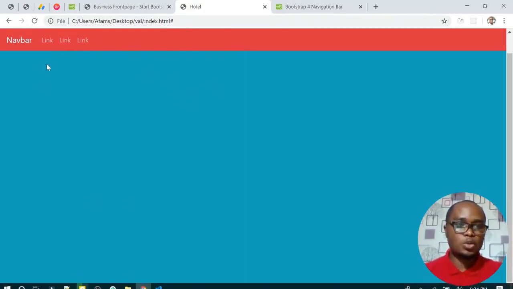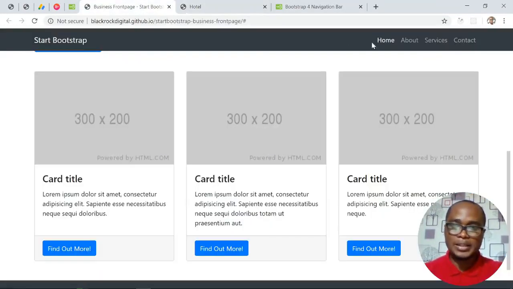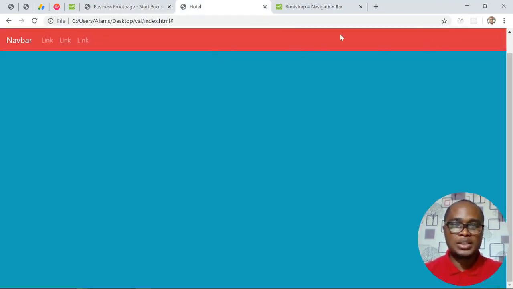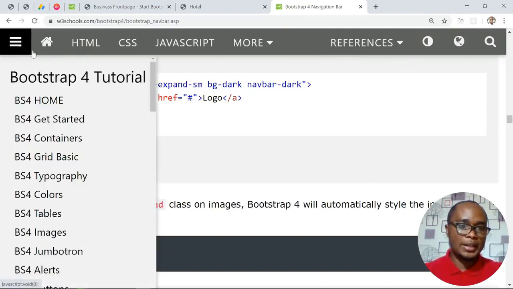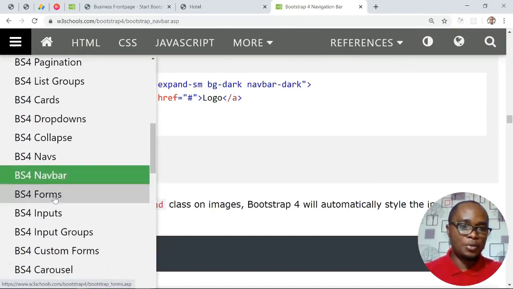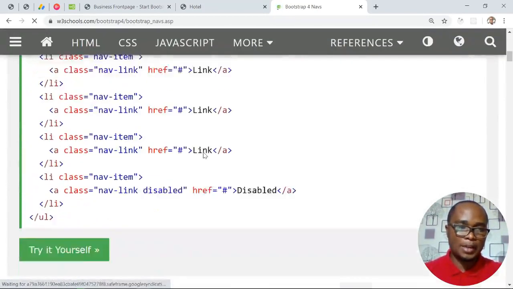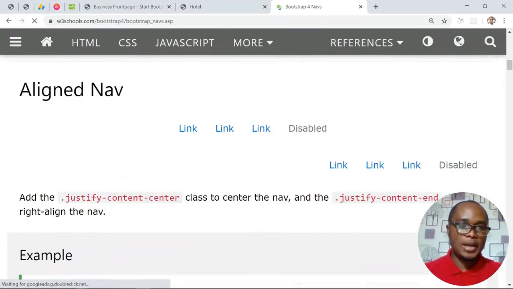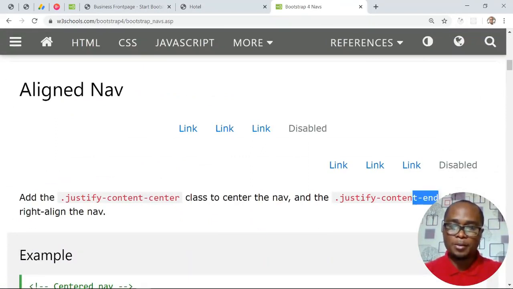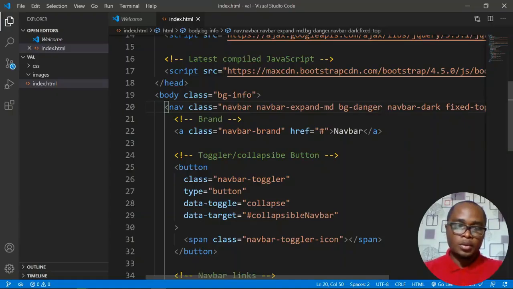So another thing I would like us to achieve, because if we check out here, I find that they have their own menu by the right hand side. So in order to adjust this, all we need to do, we can click here, go to nav, not nav bar again, but this time we'll check out nav. We'll click on nav, find that it will show us a lot of things we can adjust in our nav. And now we are seeing what? Aligned nav. So that means we can align our nav to center. So at the same time, we can align our nav content to what? End. So I'll copy this class,